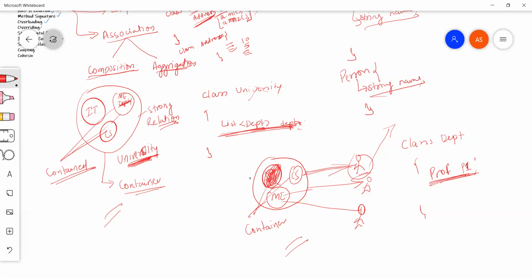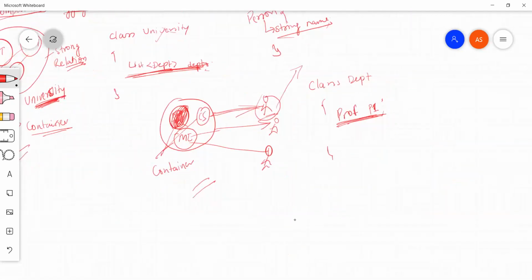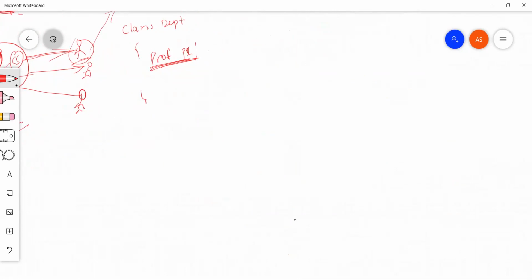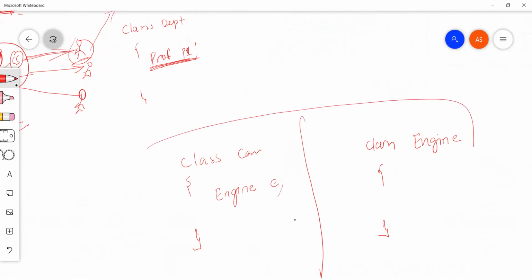You getting my point? Let me take one more example. We have a class called engine, and we have a class called car. Can you find out the relation between these two classes?